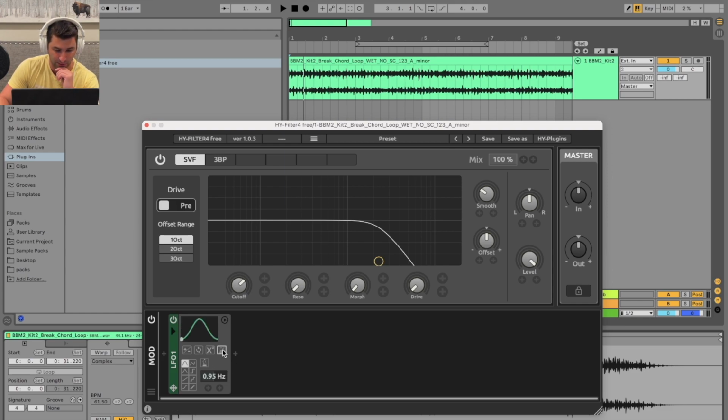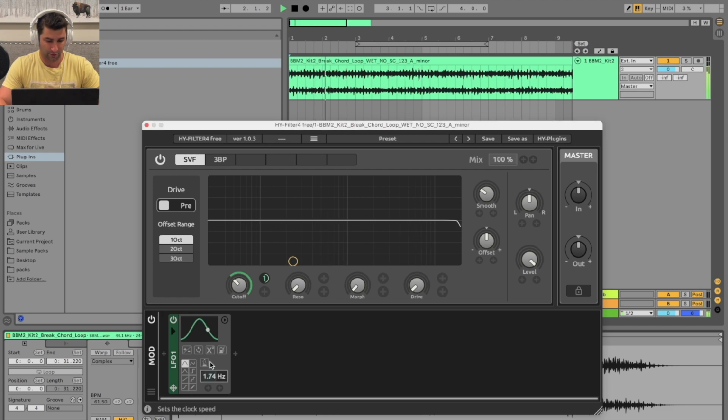I'm just going to take this now and click here, put it on the cutoff, and then just as if I'm doing this in Serum, for example, do that, right? So you can see now, as I'm not touching anything, it's doing this. So now when I play it, if I'm going to make this fast, especially if I go all the way out,